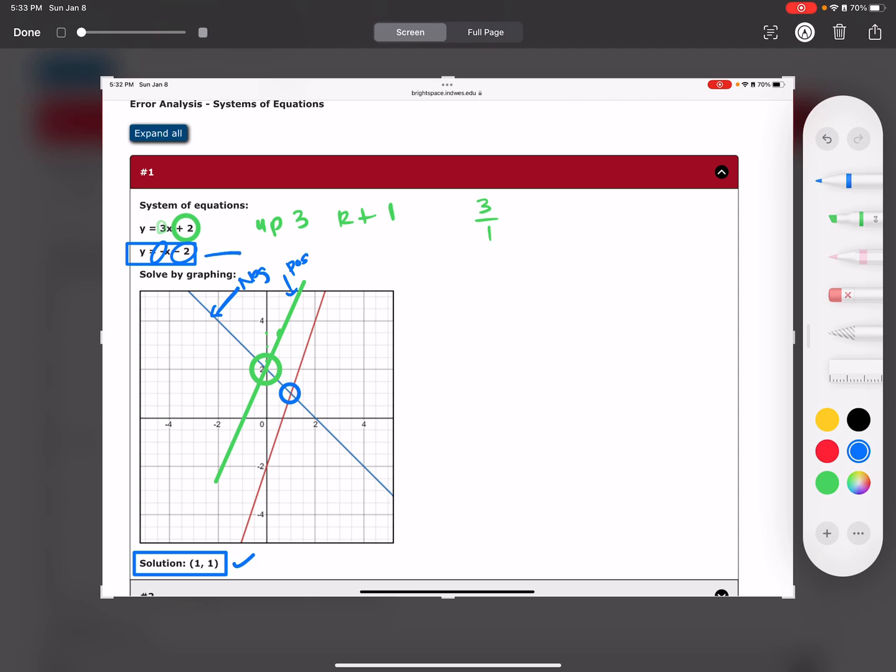So check to see if this is the correct line, and if it is, then you're going to find if there's a solution here, and if not, you're going to find a new solution, okay? And then that will be the mistake. So I found this mistake, and then you'll find if there's a mistake here and if there's a mistake there. And those are your...